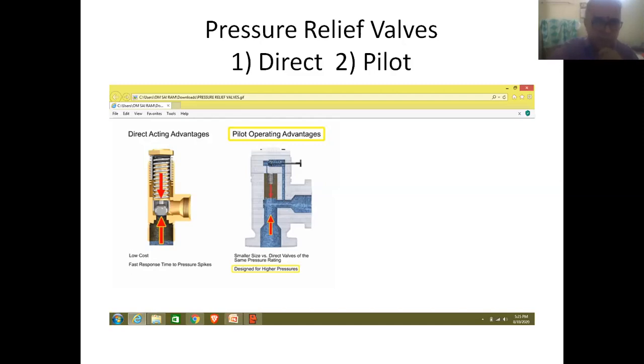It will be flowing from the inlet of the relief valve to the inlet of the pilot valve.